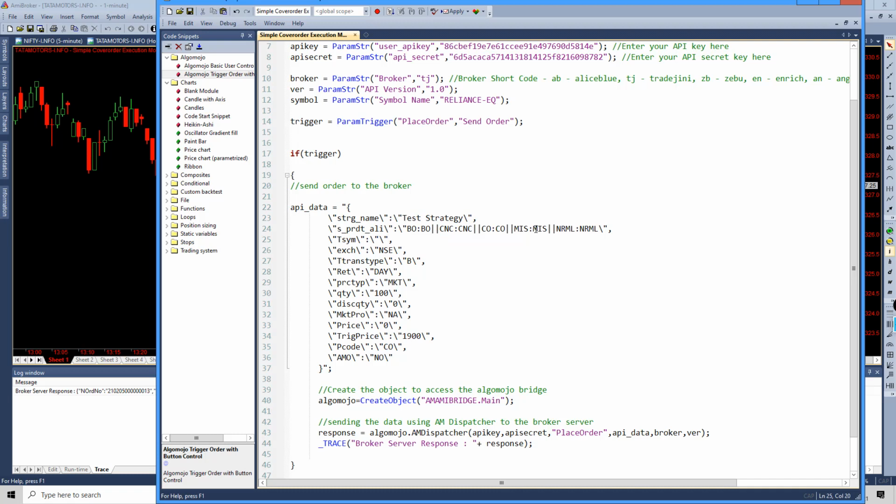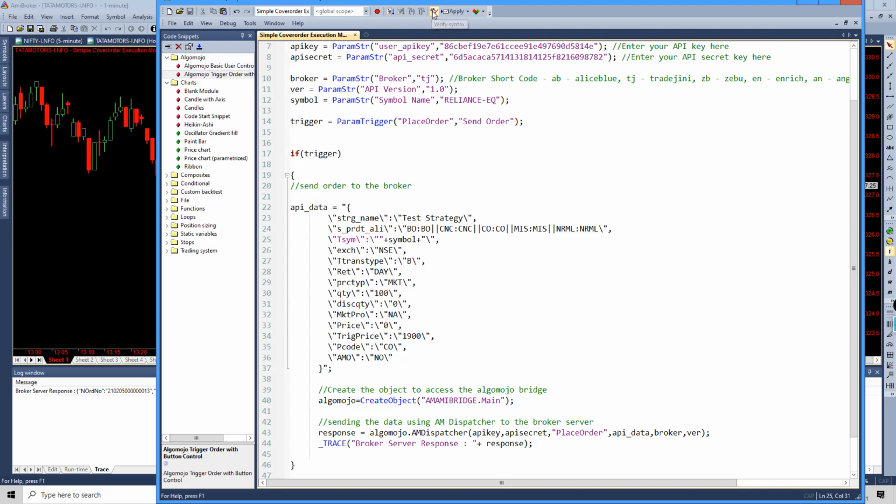Here I'm just putting double quotes over here. Followed by that I'm putting a plus sign, and then I'm pasting the variable symbol, followed by another plus over here. So I'm just embedding, instead of Reliance-EQ, a double quotation, plus, followed by the variable, and plus, followed by a double quotation again. So if I am going to send this control, let me save this control over here.